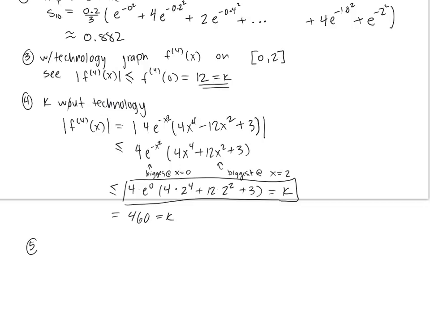So if this is a take-home quiz, what number would you use to do your error estimate? The 12 or the 460? 12. So let's plug that one in. 12 times 2 minus 0 to the fifth over 180, and it's 10 to the fourth, that's equal to 0.0002. Technically not more accurate than the